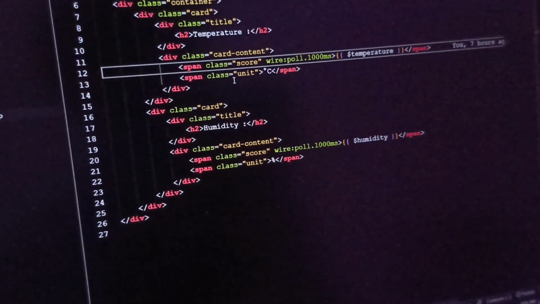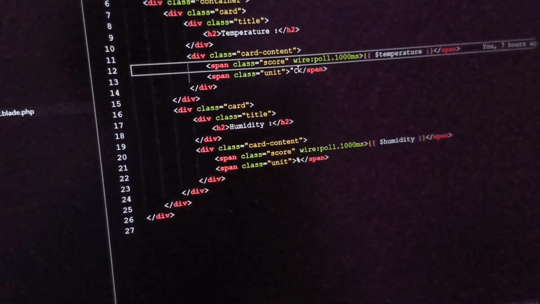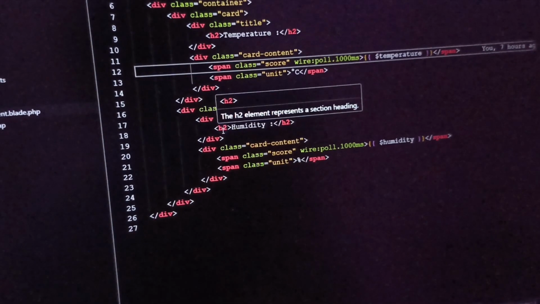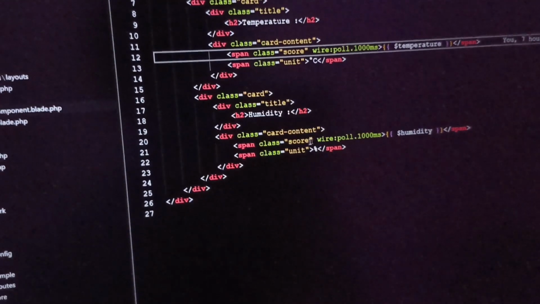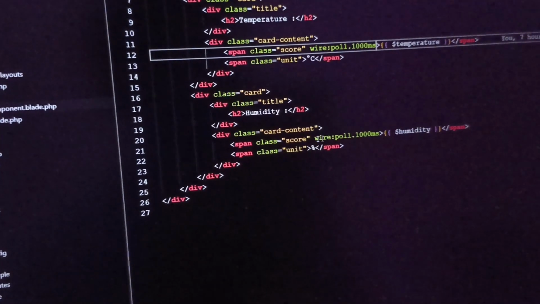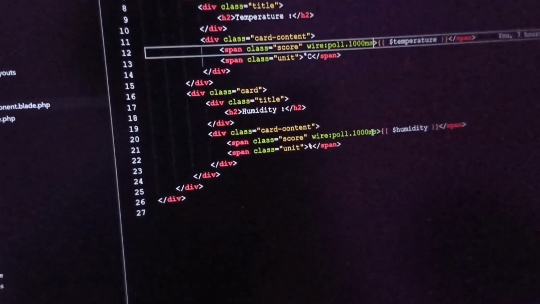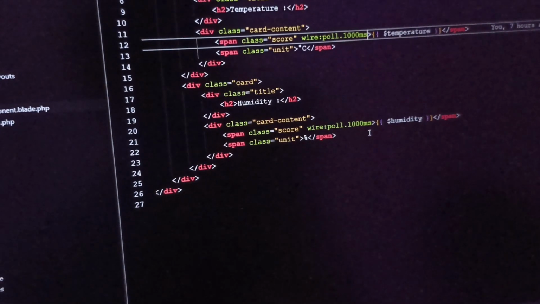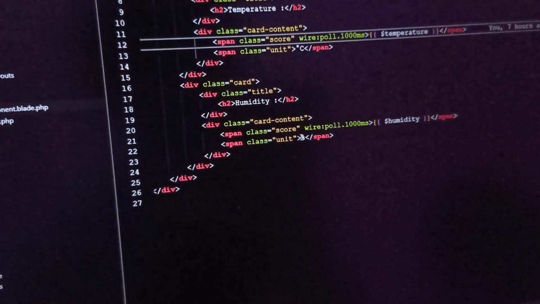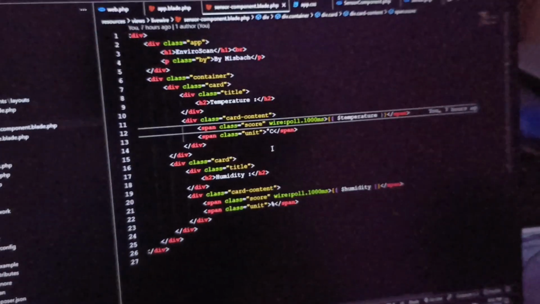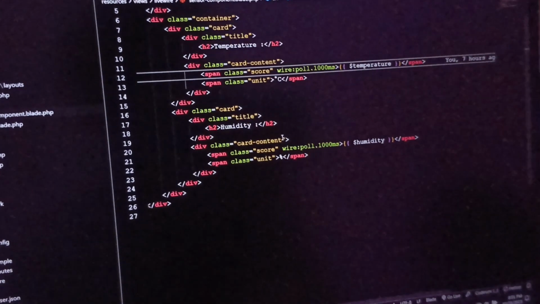Okay, and this span is for unit, this Celsius, and this is for humidity, this span class, and this is for humidity scan, and this unit is percent. Okay, this is for the sensor component.